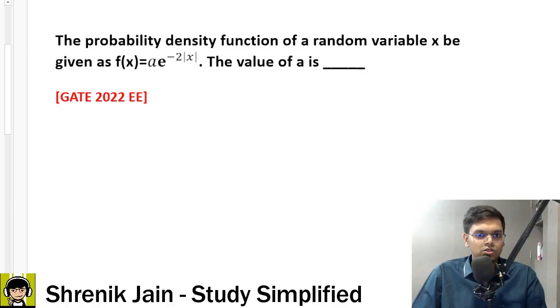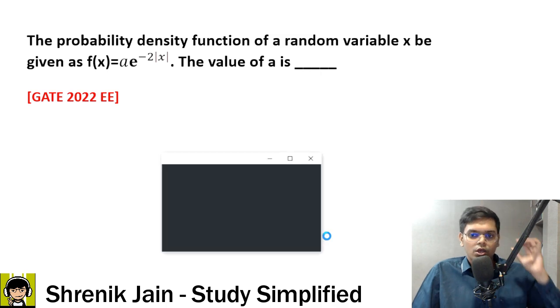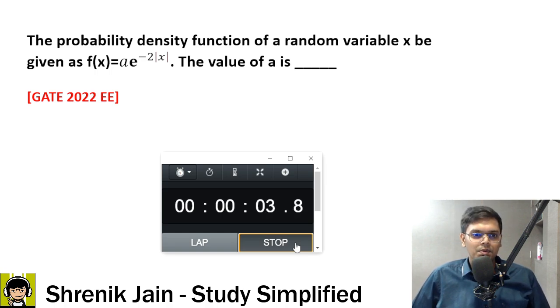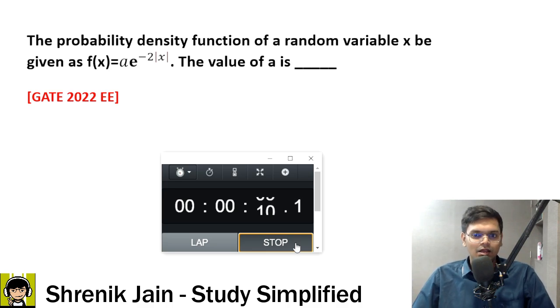It's one of the simplest questions, random variables, 2022, electrical. Your time starts now. The probability density function of a random variable x is given as f of x equal to a times e to the power minus 2 mod x. The value of a is, as we can see, some hint here, sir ji, we have a function and nothing